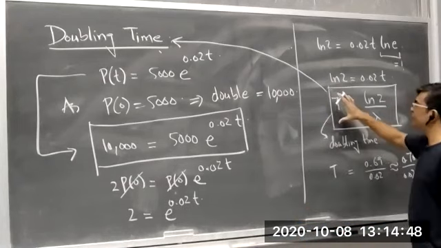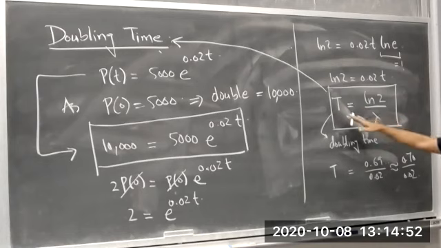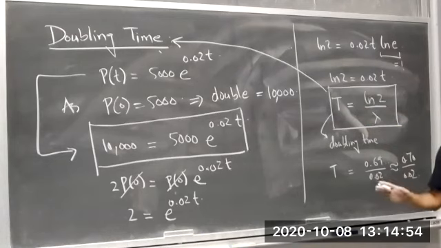That's why we call it doubling time. So this is your general formula for finding the doubling time in any population growth model, ठीक है।